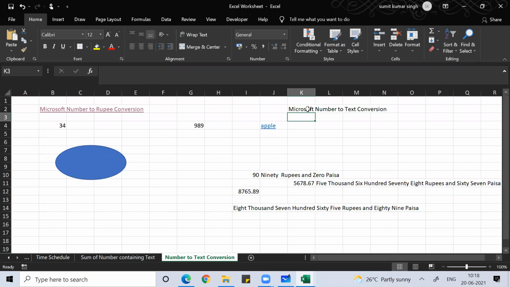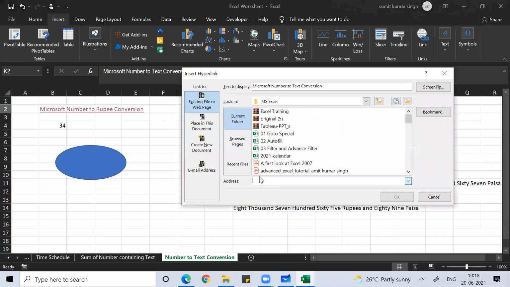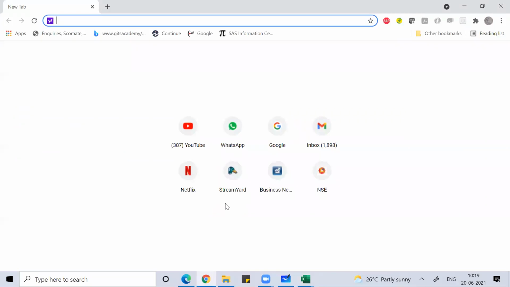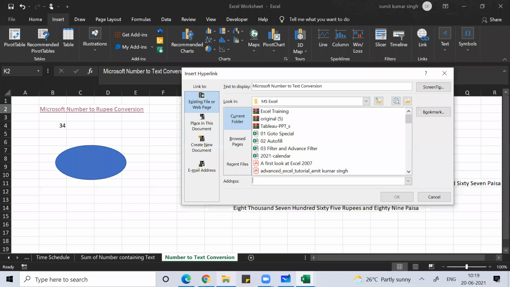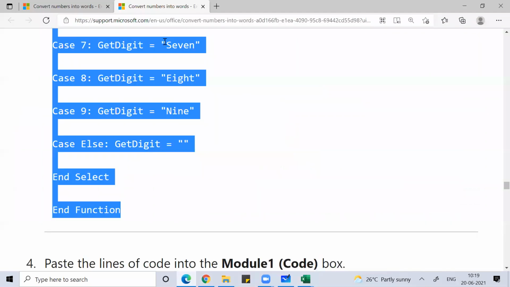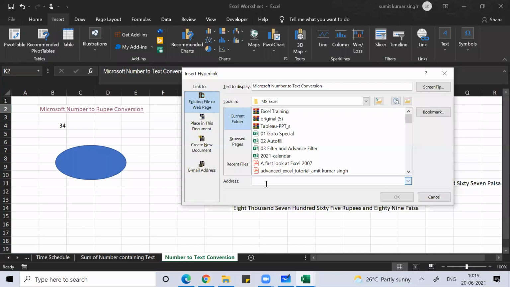Then you can select it, go to Insert, and under Insert, go to Link. Here you can put the address. So you can copy the address of Microsoft and paste it here.